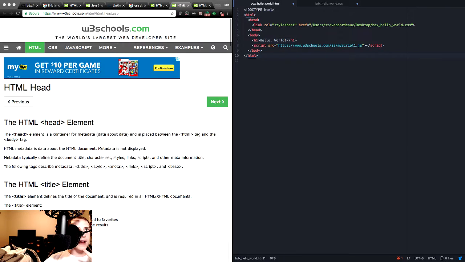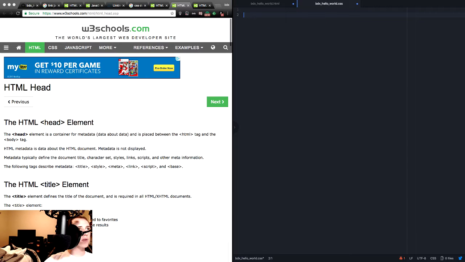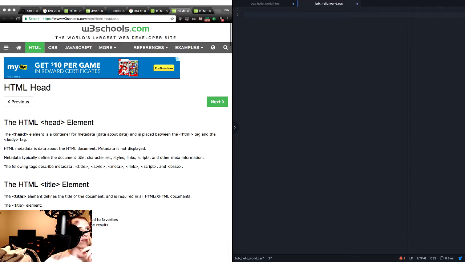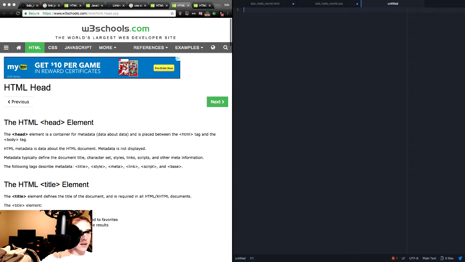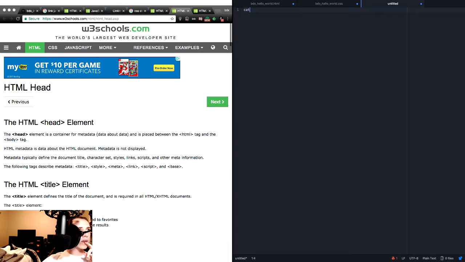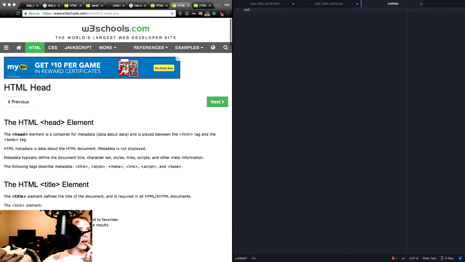So I think everything on the HTML front is done minus the link. You know what? We should also set that up. Let's set up that file too. Don't mind me. We'll get to the CSS stuff, but just while it's fresh in my mind, file, new file. And just so we have something in there. Save as bdx underscore hello world